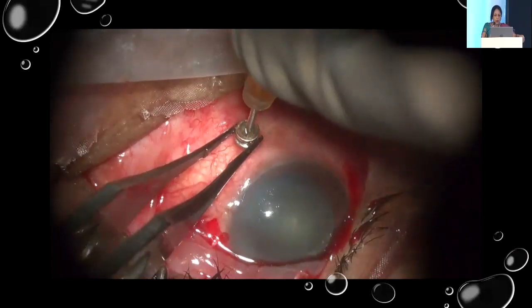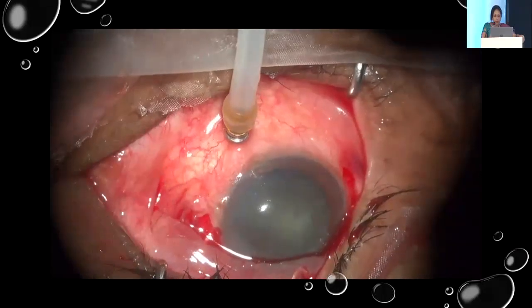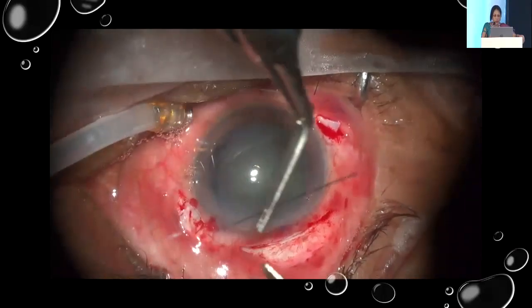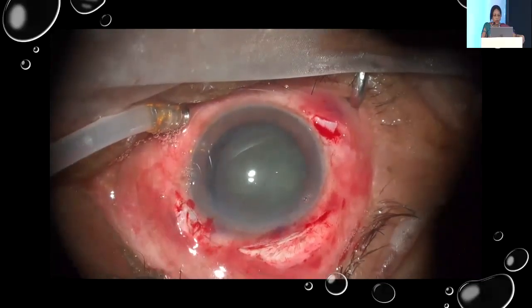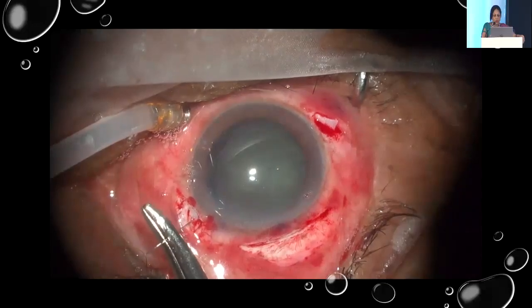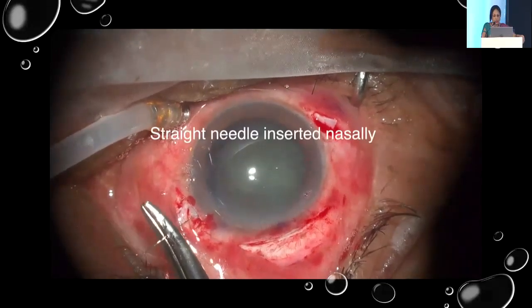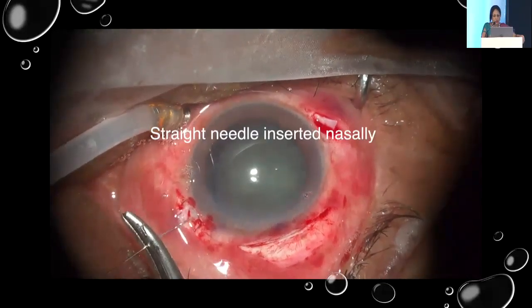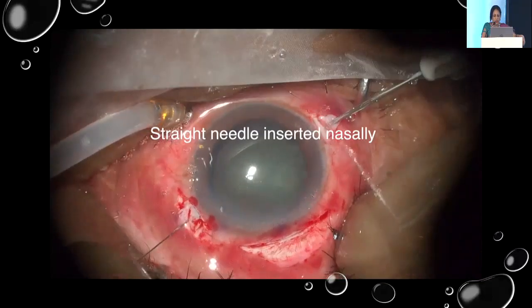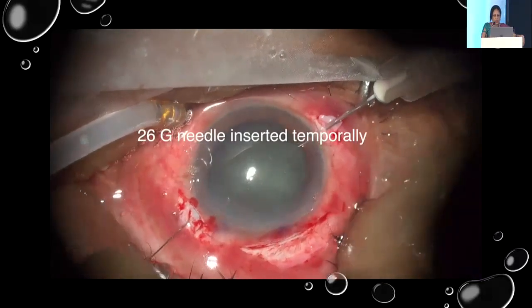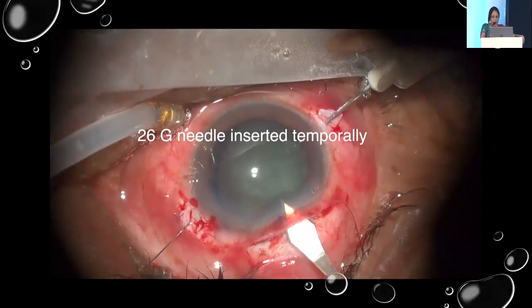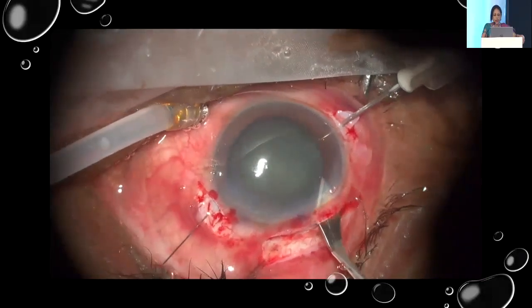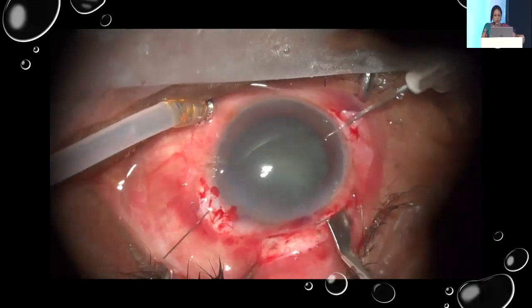And this will now push the nucleus up once we open the section. Now, this is a straight needle on 9-0 Prolene, which is placed 1.5 millimeter from the limbus. And this is inserted nasally. I just pre-place it. This is a 26 gauge needle inserted temporally. Now, before you enter, you place these needles because later on it becomes very difficult to insert these in a